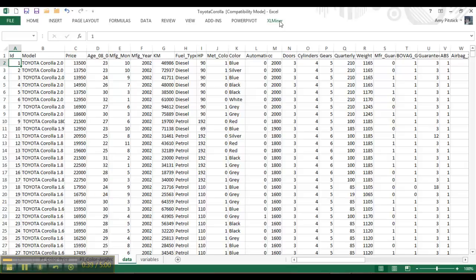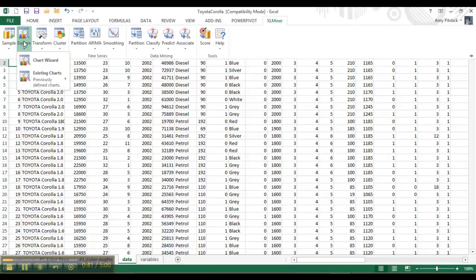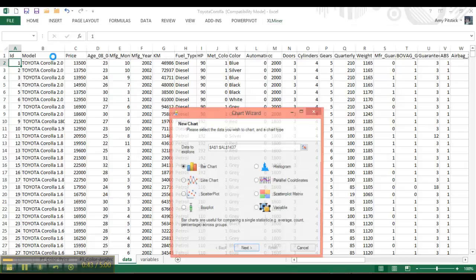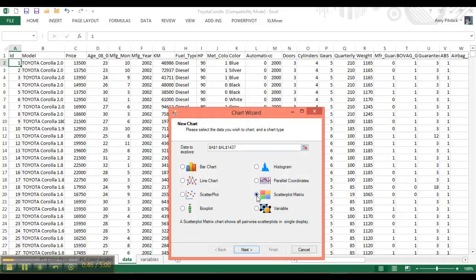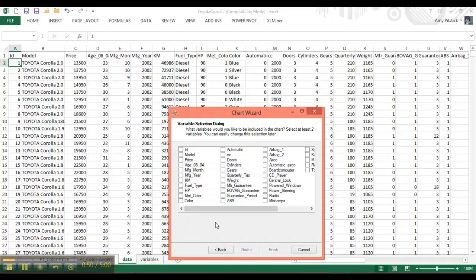And we're going to go into Excel Miner, go into Explore and do Chart Wizard. We're going to go ahead and pick our scatter plot matrix and hit Next. Then we're going to just pick some of the variables to see which ones we think might have some kind of relation. So there may be something based on the model